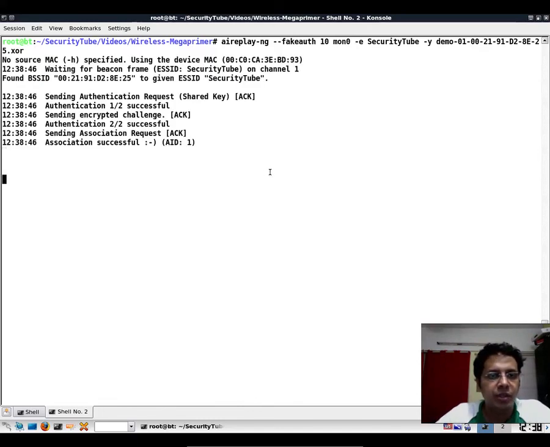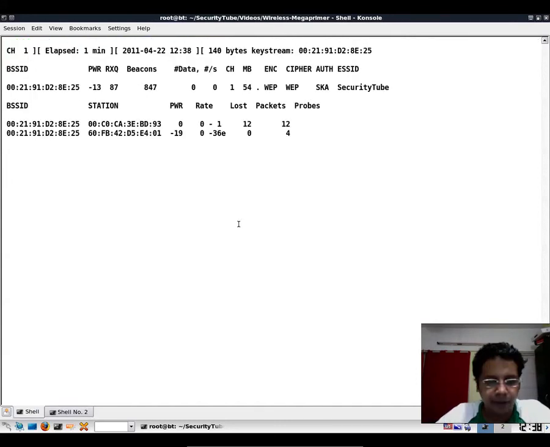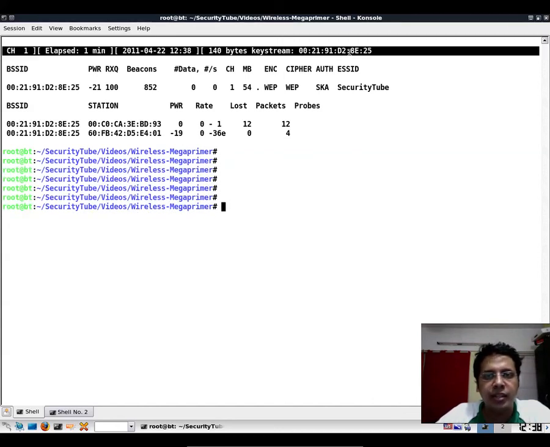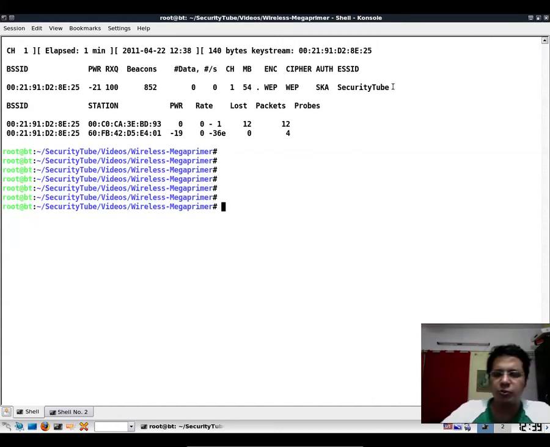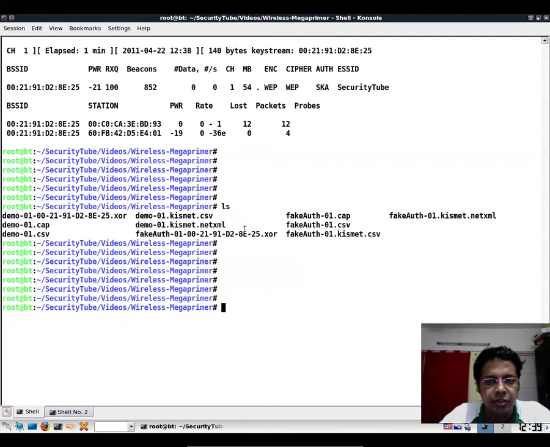Awesome. If you notice, the authentication and association have succeeded, and our friend airodump has also told us that it was able to figure out the key stream. Why? Because, well, we already have it, but it found it once again over the air, right? And this is where it's once again stored the same key stream, but we can quickly open up Wireshark again and look at what our Alfa card had done. So we open up the fakeauth.cap file